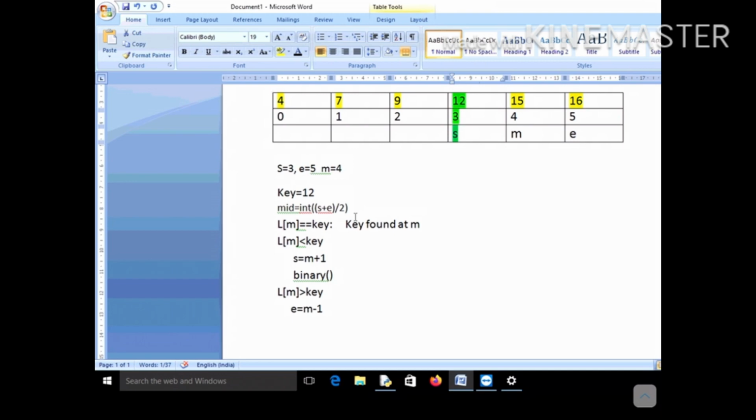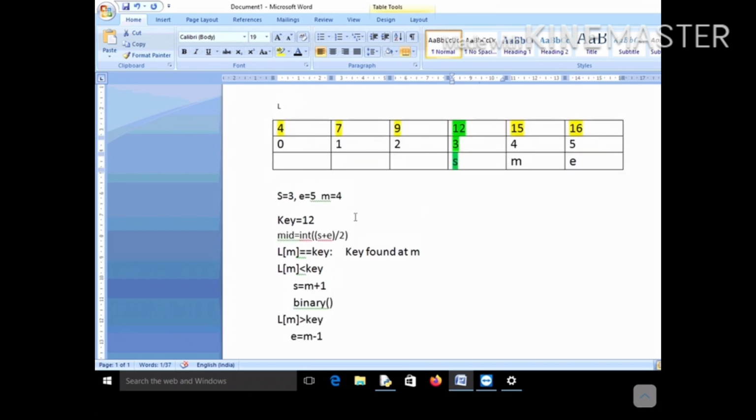These two things we have to keep in mind. And why? That is obvious, because you now need to change your end position. You need to bring it before. But in the other case, where the element was not lying in this particular portion, you would have to change the value of s, not the value of e. But in this particular example, since it is not lying ahead of m, you need to change the value of e. You need to bring it before.